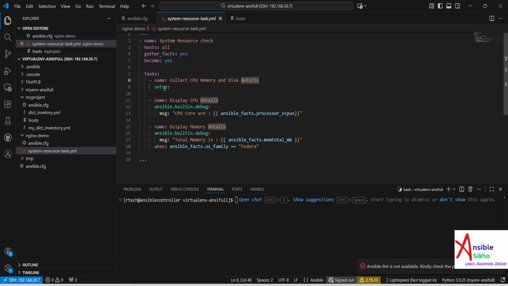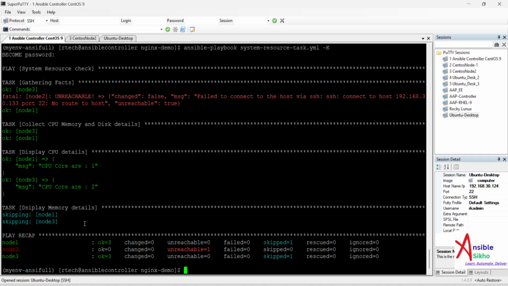Okay, here it is going to collect. Even if you don't write this, it is going to work. Okay, node 1 and node 3